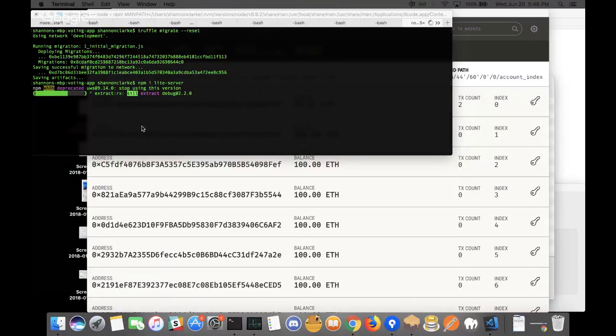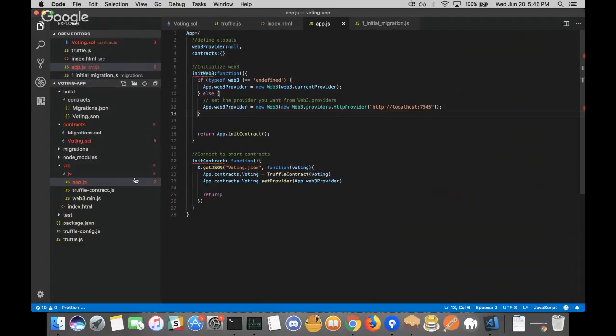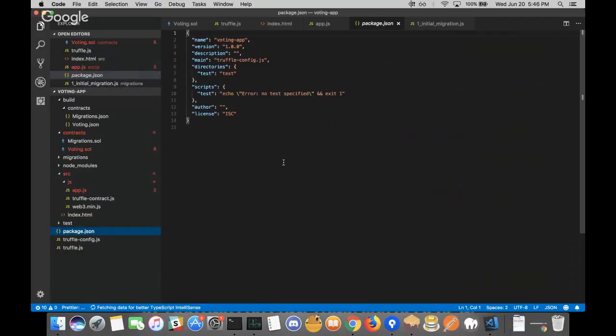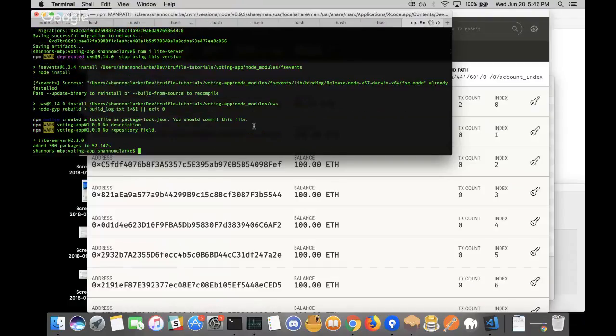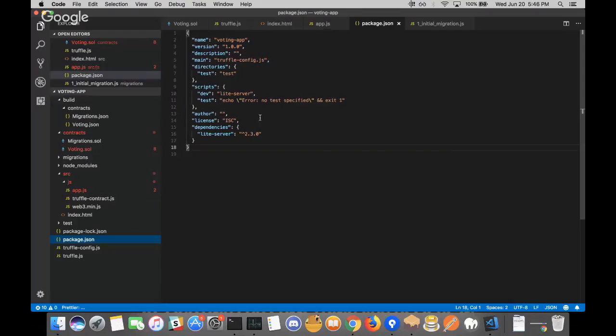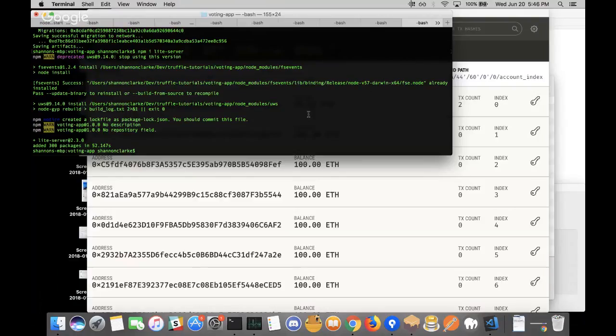And then in my package JSON, I write server here. Right, that's good there. Which means if I write npm run dev,